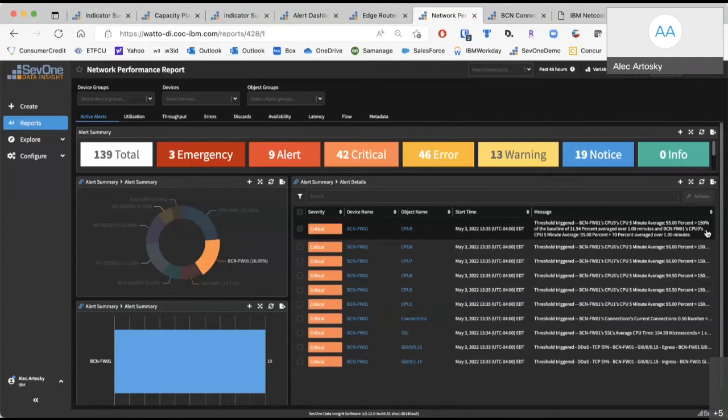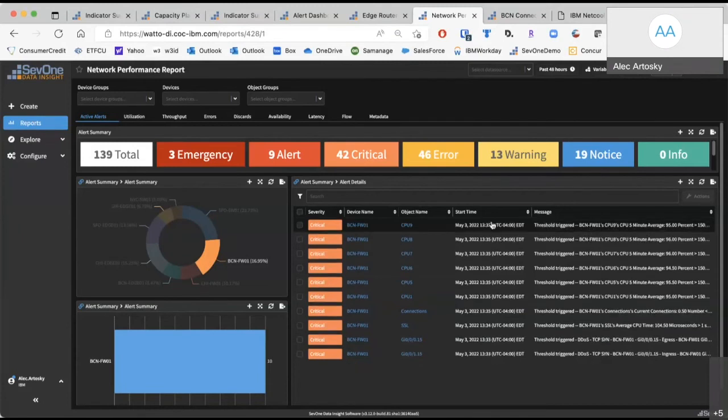By utilizing the AI capabilities inside SevOne, we can provide you an alert like this, where it says if my usage of my CPU is above what is normal, I want to be notified. So I can already be pre-selecting my alerts to things that are actually issues. And then we can go a step further and get more information.